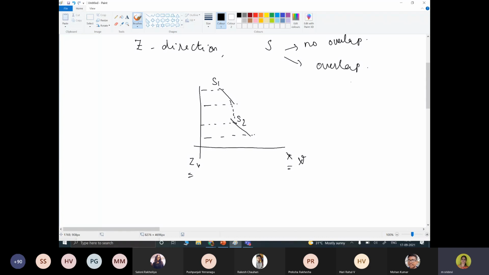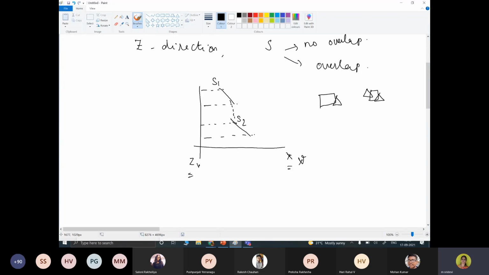Why do we need to reorder it? Because the object, whatever I'm drawing first, let us consider that is a foreground object, and this is another object we have. In another case, we can consider this is the object. So this is another object. In this case, if depth overlap is there, you have to check, and reordering has to be done. Why do we need to reorder the depth information?